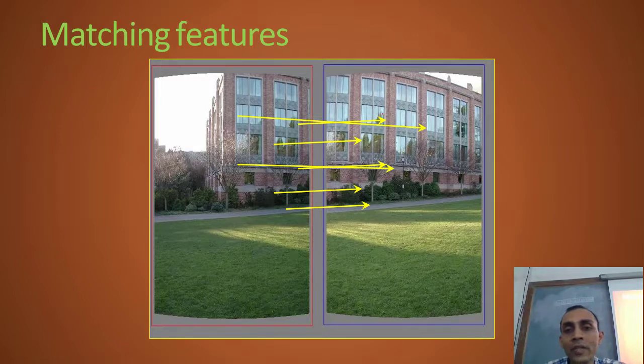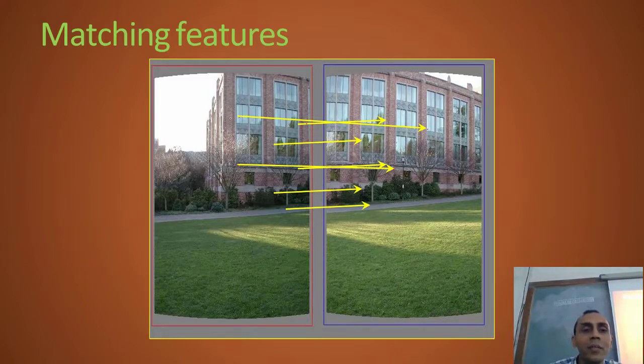So this point matches with this point, this with this, and so on. Looking at this picture, we know that these four are probably consistent, whereas this one is a wrong match. This one gets matched with somewhere here, and this one somewhere here. It's a wrong match,